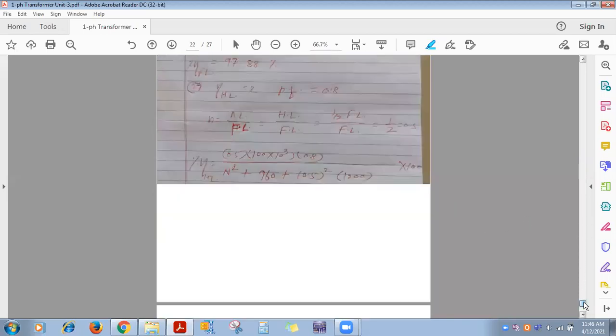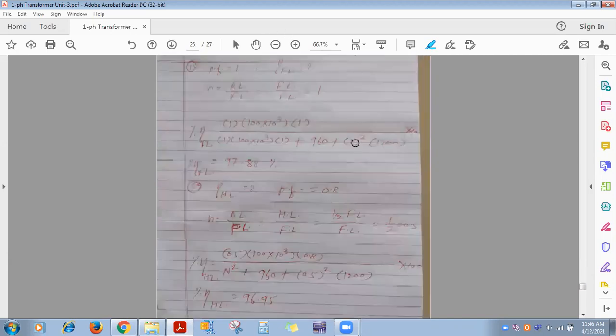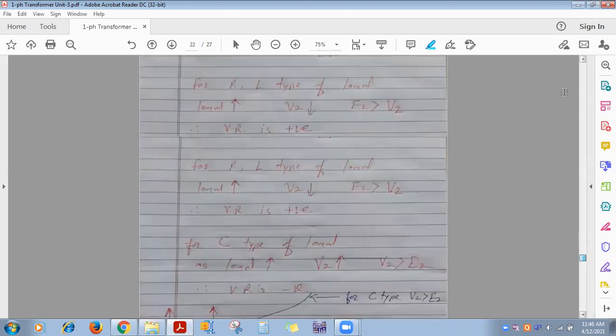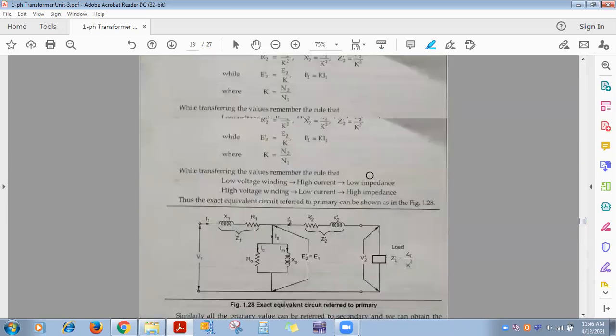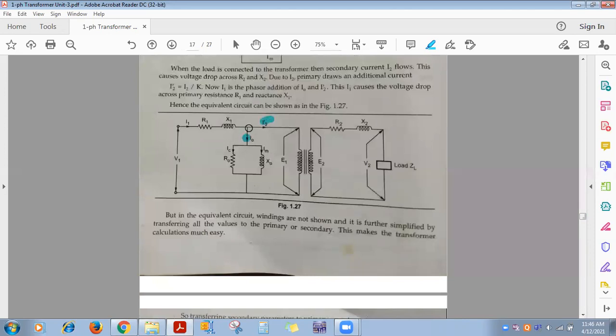Okay, so here in the equivalent circuit, just understand what the parameters are. No one will ask you to draw it, I am just explaining what each and every parameter stands for. So this is about I0 and I2 dash, isn't it? I0 means what? No load current, isn't it? We'll see no load later on. We'll finish with no load first. Now see, this is the no load current, I0.